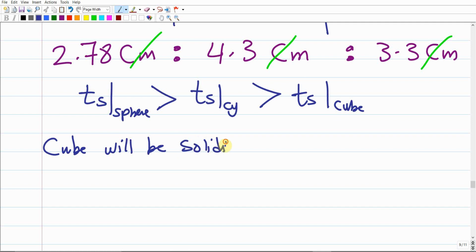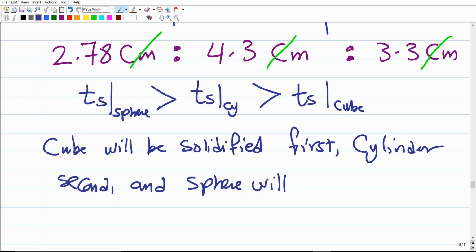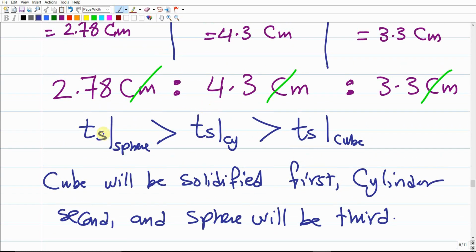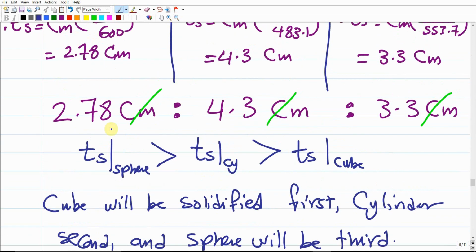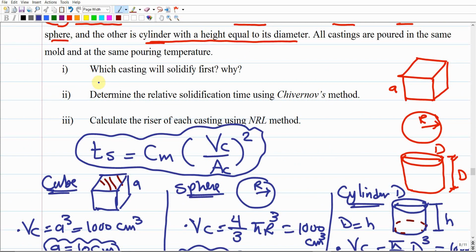solidified first, cylinder second, and sphere third. Make sense? It means that the sphere is going to take the longest time, the second longest is the cylinder, and the cube will be the first to solidify, because it takes the shortest time till solidification. This is for the first requirement, which one solidifies first, or the order of these castings